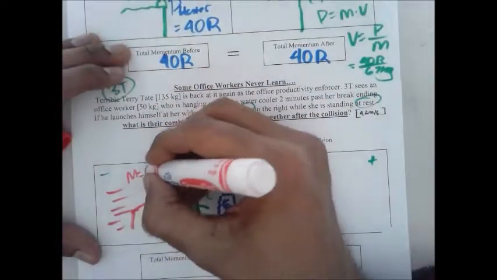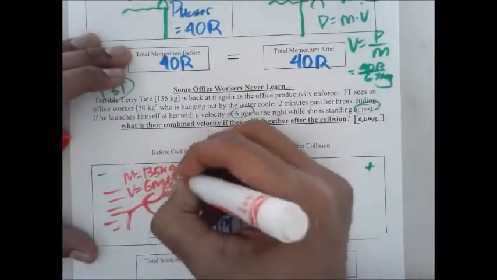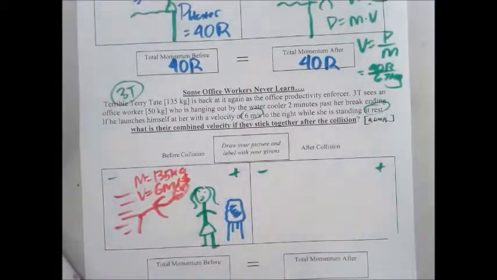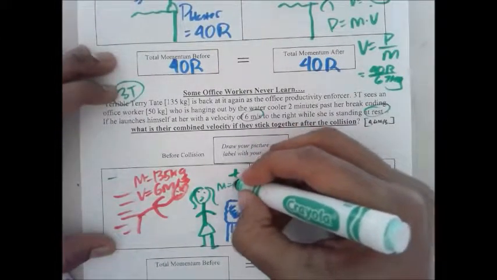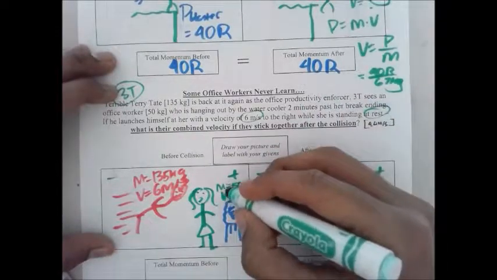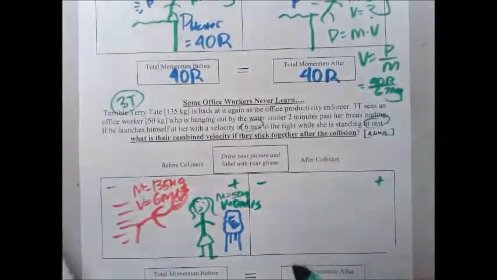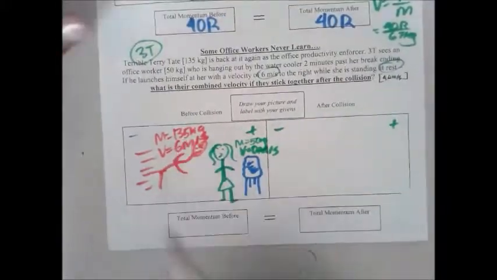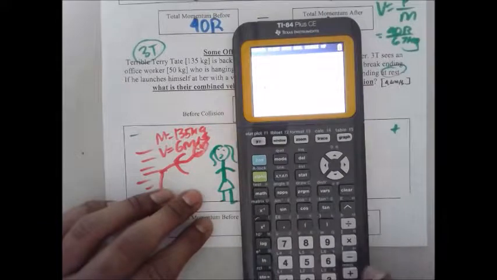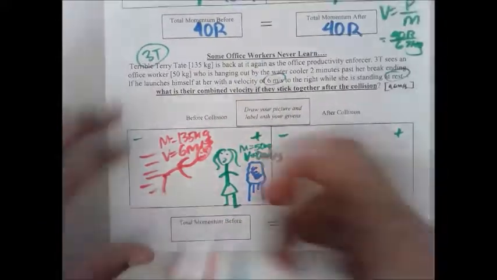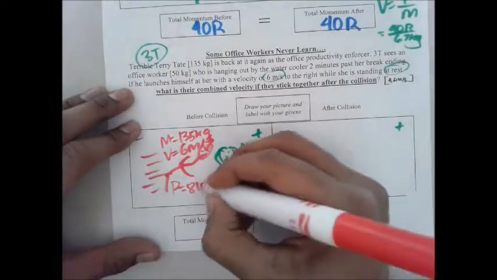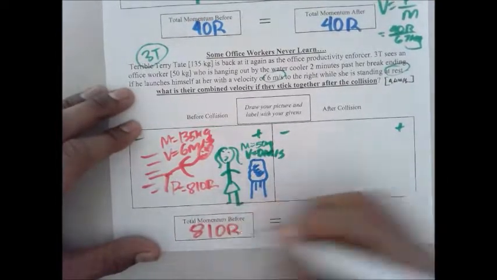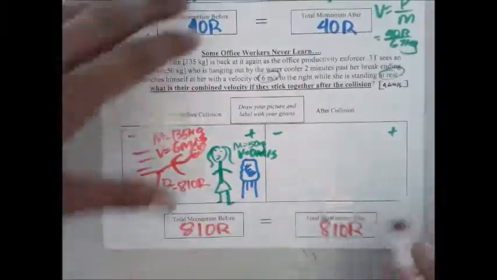So Triple T has a mass of 135 kilograms and a velocity of 6 meters per second. It's going to be positive because he's moving to the right. The office worker has a mass of 50 kilograms, but in the beginning she's at rest. So what's her velocity? 0 meters per second. That is correct. Now that means that all of the momentum in the beginning of the problem is coming as a result of Terrible Terry Tate's mass and velocity. So his mass is 135, his velocity is 6 meters per second, his momentum is 810 roys. It's 810 roys before, it has to be 810 roys after, and so if they stick together,